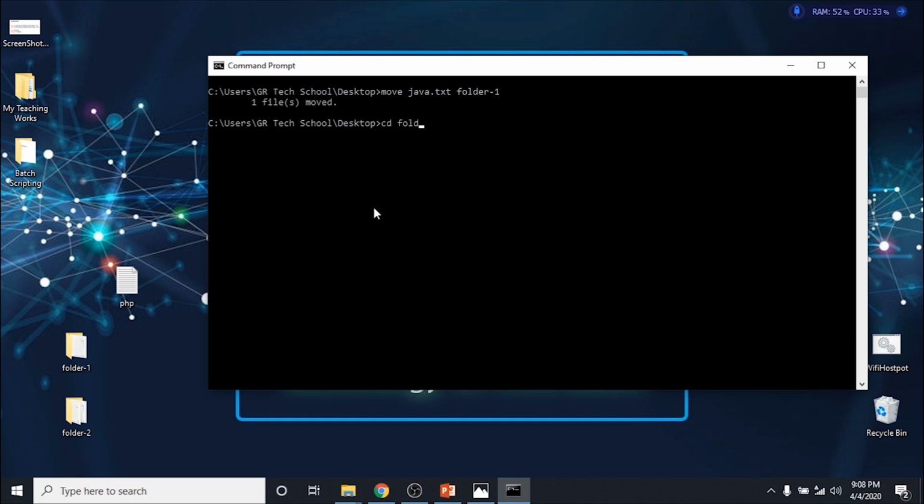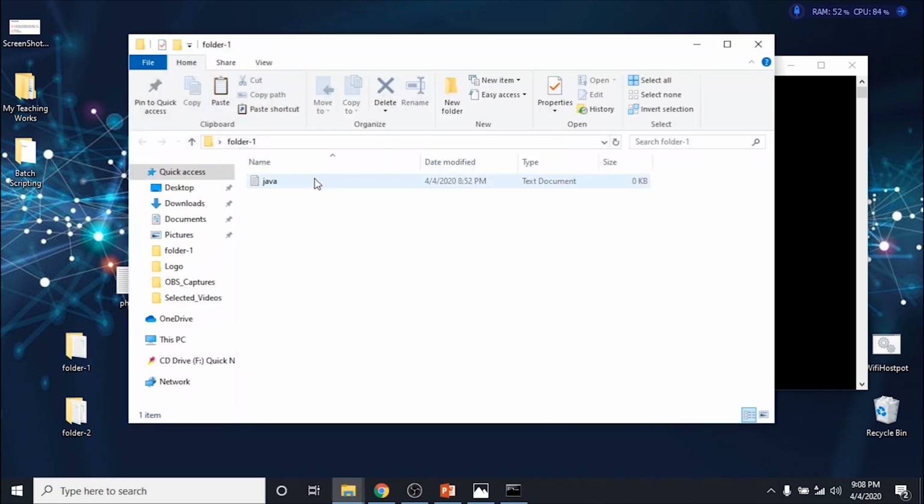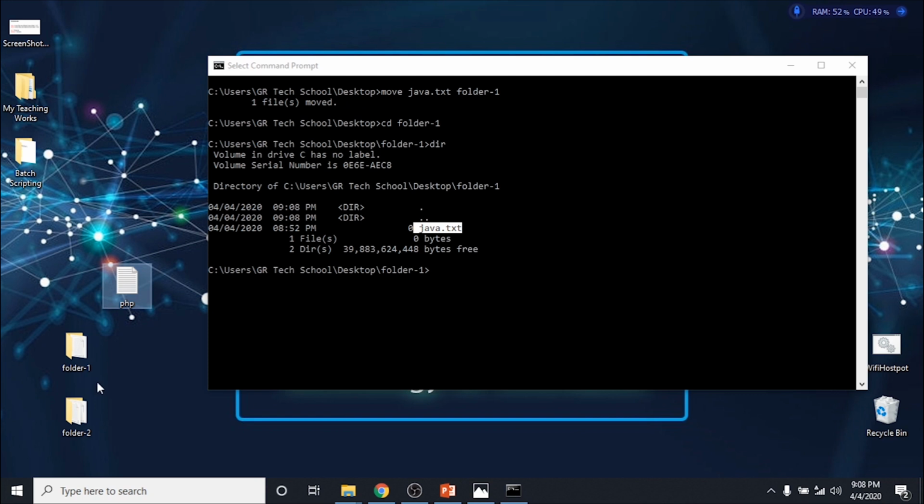If I open cd folder 1 and type dir to see what's inside, the Java file is here. If you want to see it graphically, you can open the folder and see it. The Java file is here. Next, I'm going to copy this PHP file and put it into